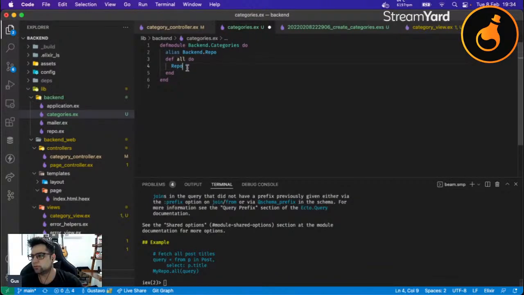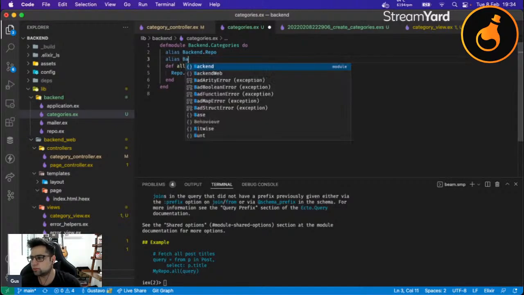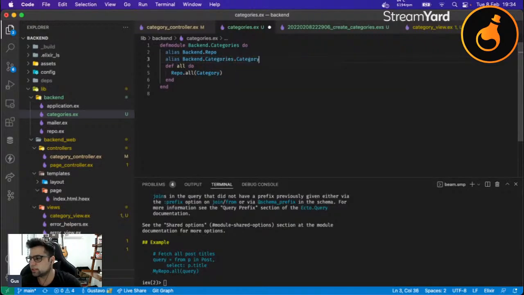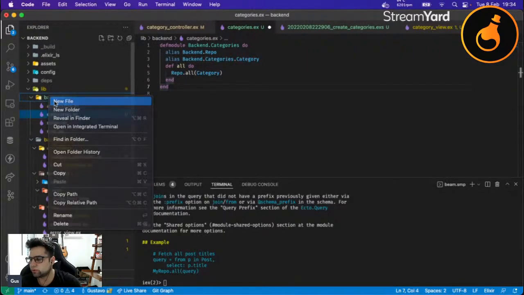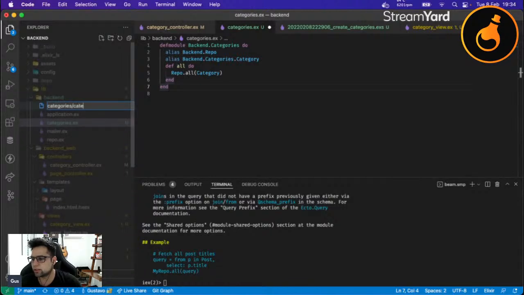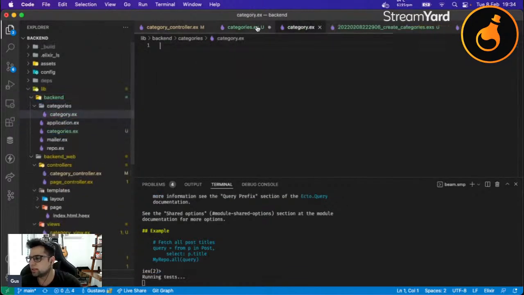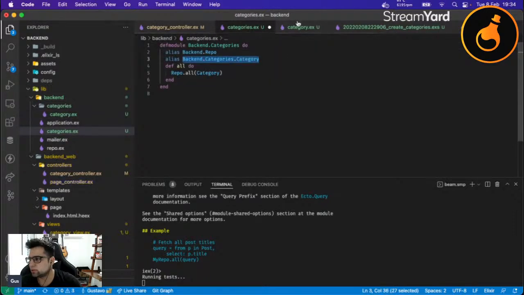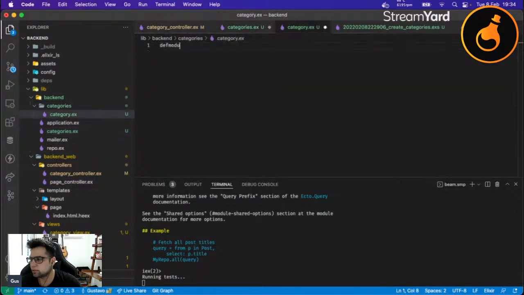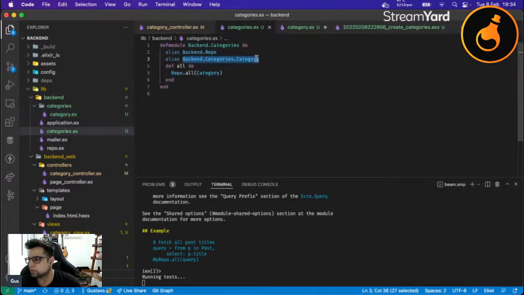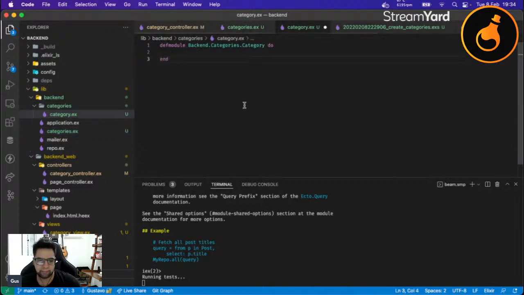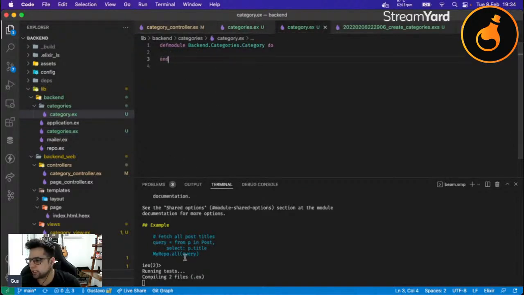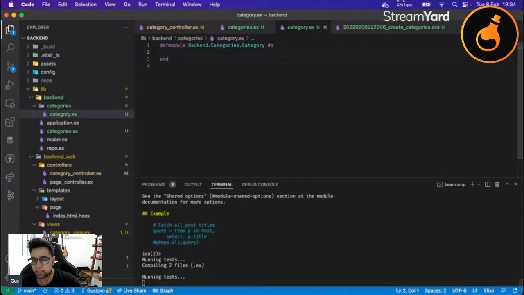So here we will call all category. And we still don't have this module. Let's create this one, which is gonna be backend categories category. We're gonna create a folder, categories, category.ex. Let me just copy this alias over here to create this module as well. When we do that, we save this one. When we do that, our test is gonna run, and it's not gonna pass,